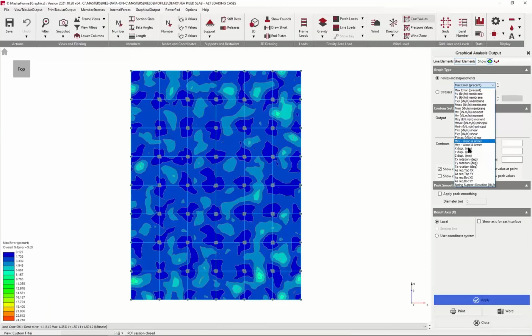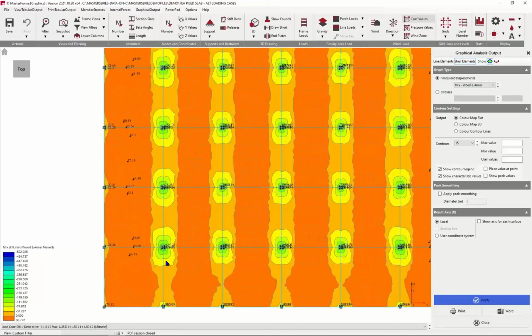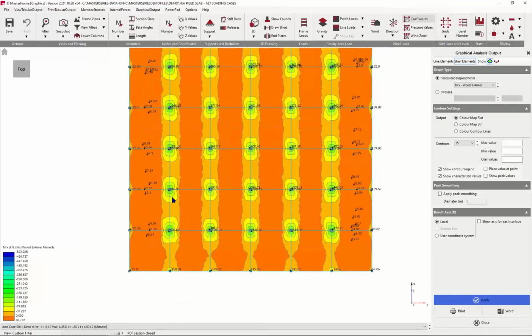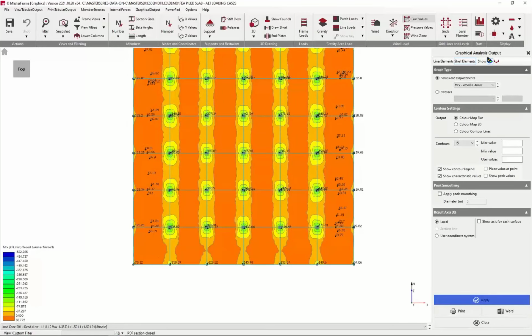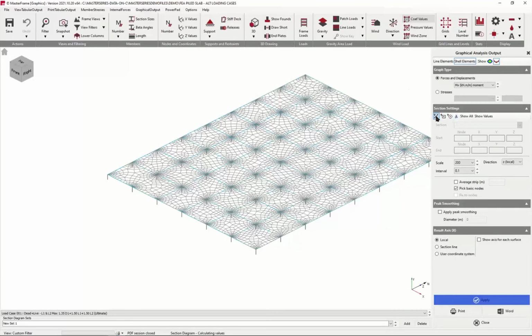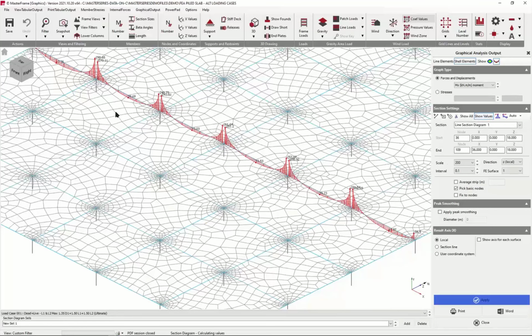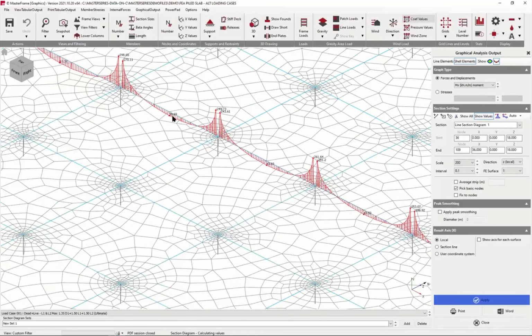So let's look at the MRX. So what we've got is peaks and then troughs. And I'm going to just put a line across this for you so you can see this in a better idea. So I'm going to create a line from here all the way across to here and apply. So if we look at the values, we will see that we're getting 68,